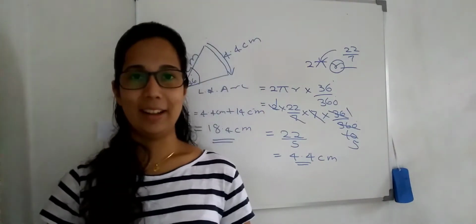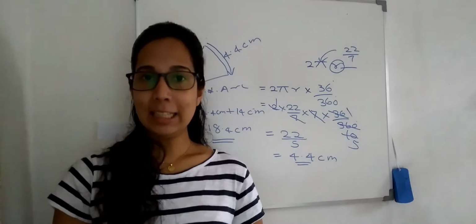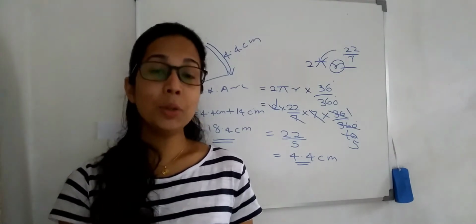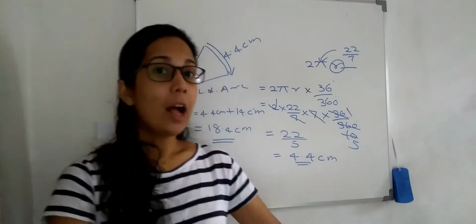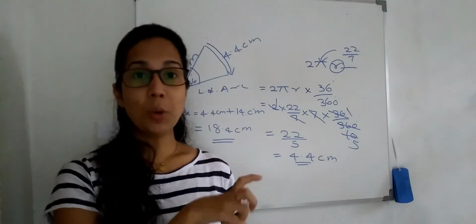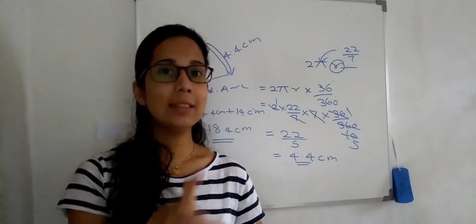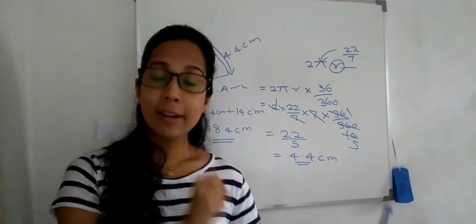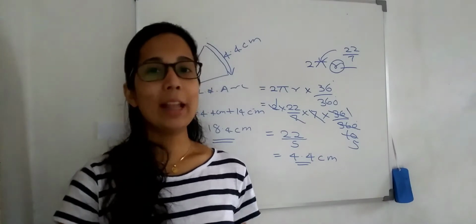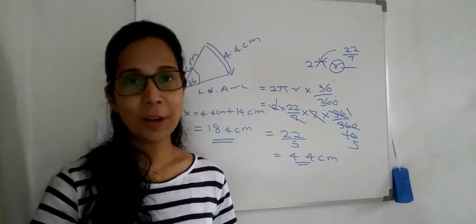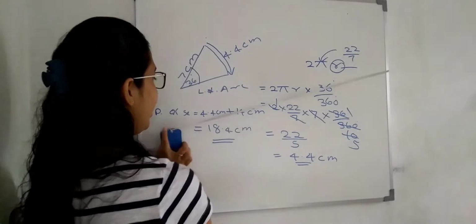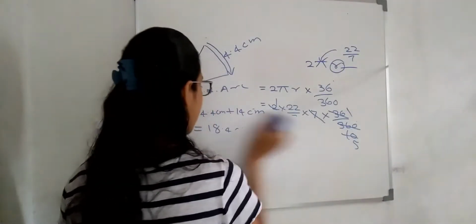Right? Okay. In another case, you have to find the value of the radius. You are given the perimeter of a sector and you are asked to find the value of the radius. Right? Okay, let's see how to solve that kind of case. So I'll take an example. I'll erase that because this is very clear to you.